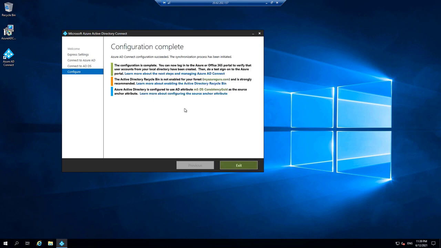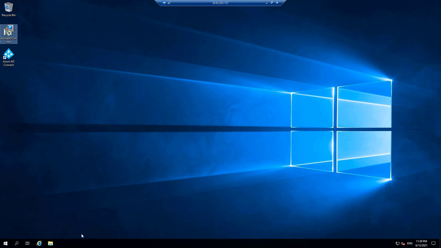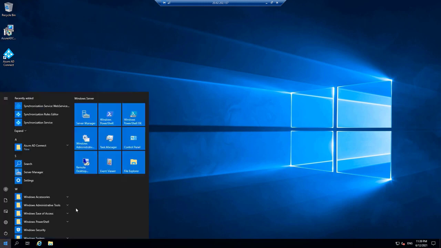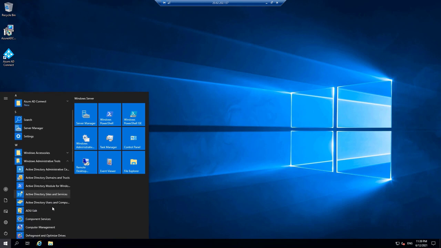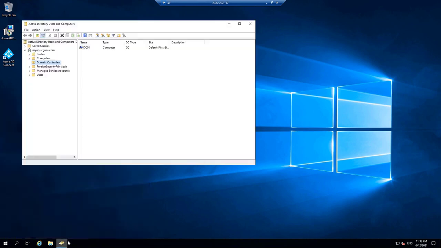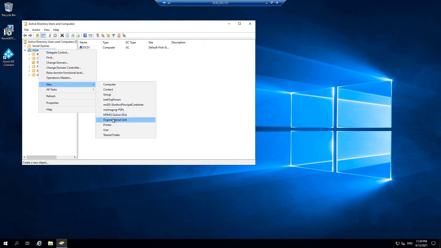And as you can see, it's gone ahead and synced everything across. So I'm going to exit from there, come to Start, go to Admin Tools, and scroll down until I find Active Directory. I'm just going to pin this to my taskbar for ease of use, and I'm going to open this up and create an OU over here, and I'm going to call that OU